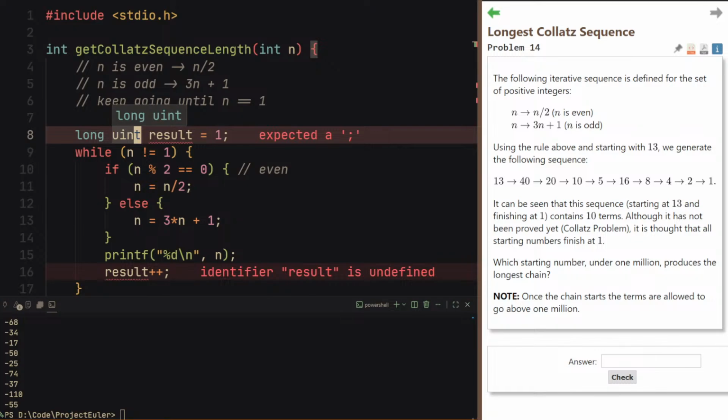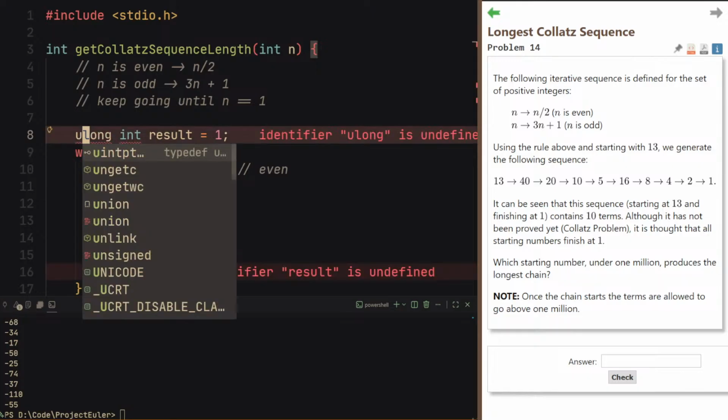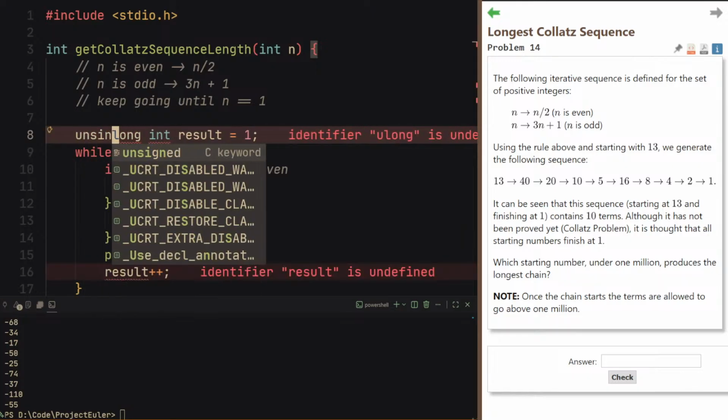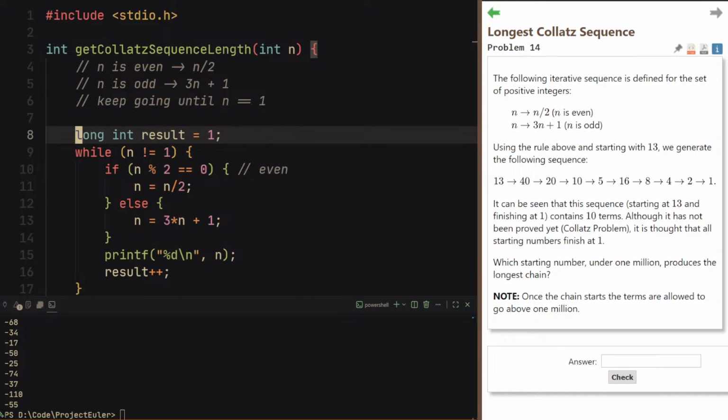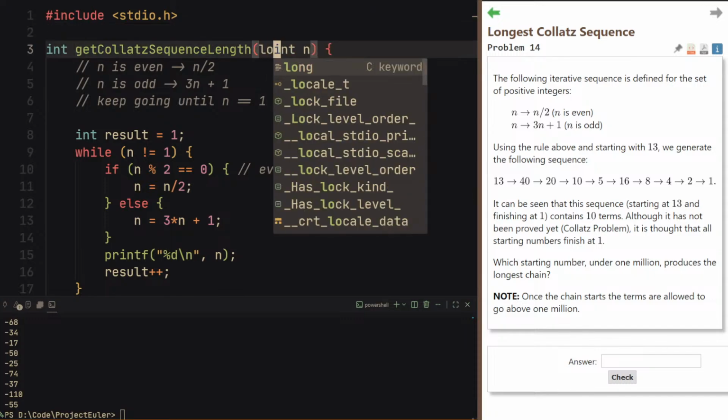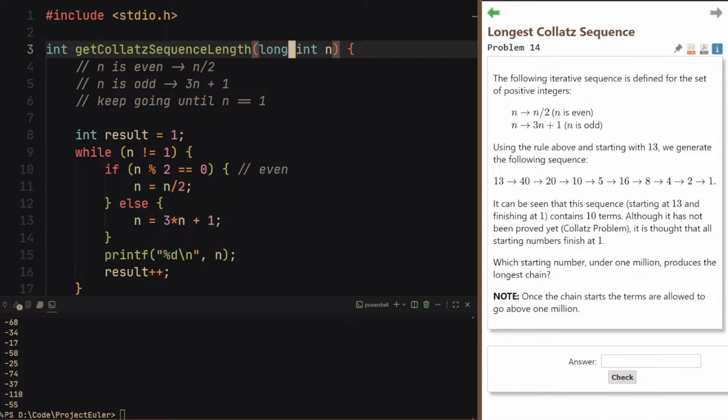Does that work? Can we have an unsigned long integer? Is that a thing? It is a thing, but it takes a long time to type out, so I'm just gonna use long instead. Long int. And we don't need long int for the result. We want long int for n. So I'm gonna make n a long int,